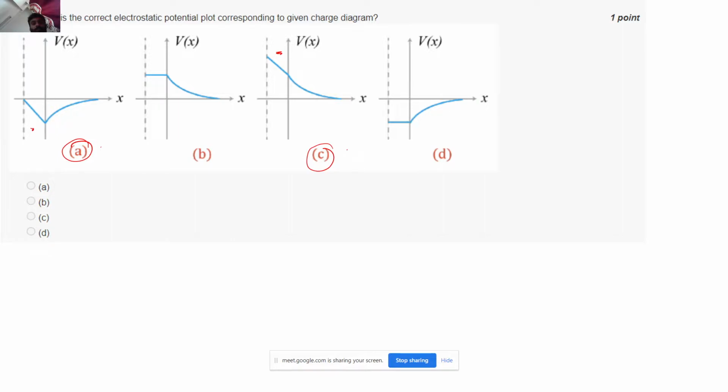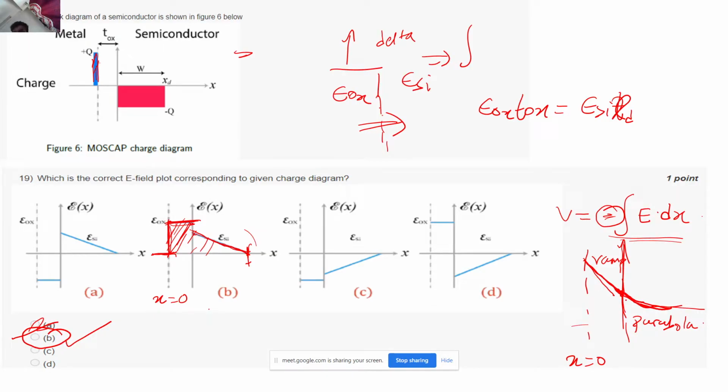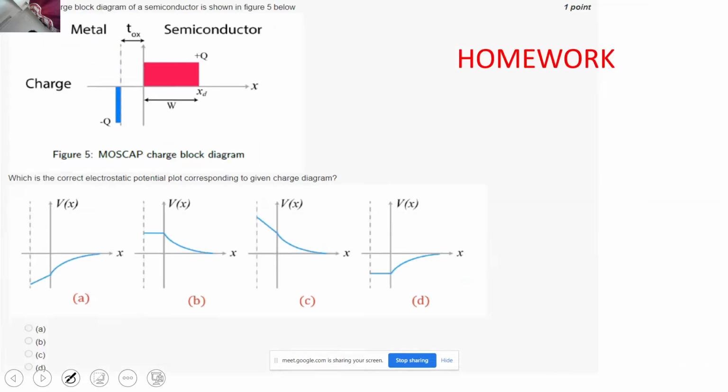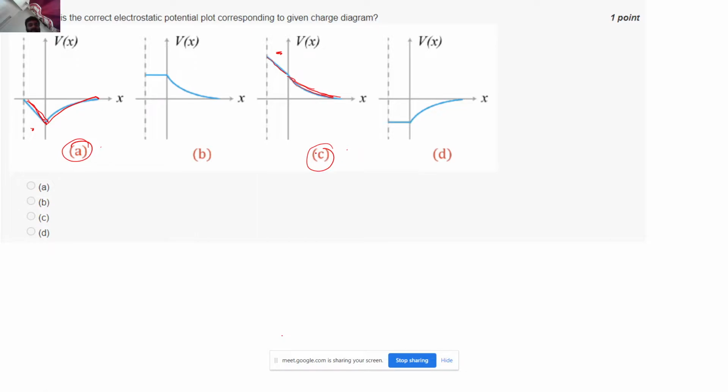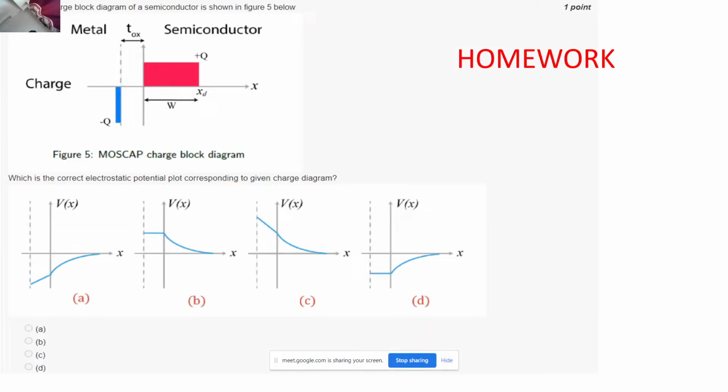So if you look over here, the potential is like this, correct? It is building up continuously, whereas over here it is somehow going over here, and then going over here, right? So the potential should add up continuously, and as I already told you, the parabola shape should look something like this. Option C is the correct option. And again, this was an easy question which you can even refer to the lecture materials for, right? And so this is just a homework.